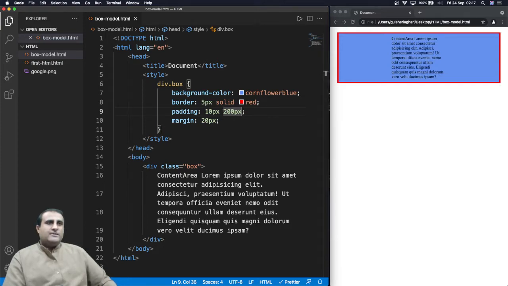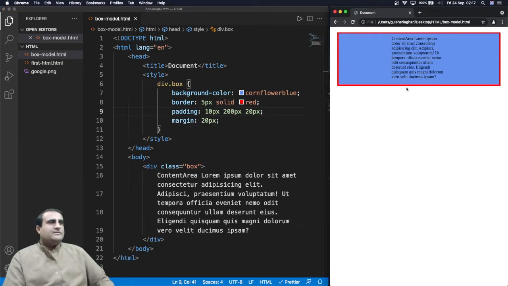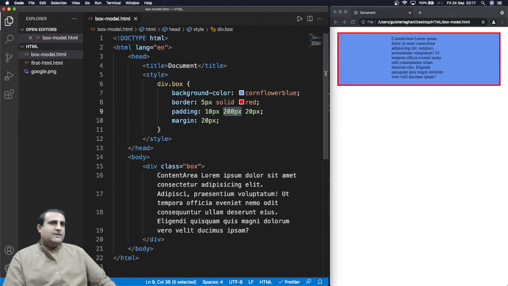So if we provide four values, this is for the top, right, bottom, and left in order. And if we only provide two values for the padding, the first value is for the top and bottom, and then the second value is for the left and right. Similarly, we can provide three values. So if we have, let's say, 20 pixels, we have three values here. What happens is that this middle value is treated for the left and right, and the first value is